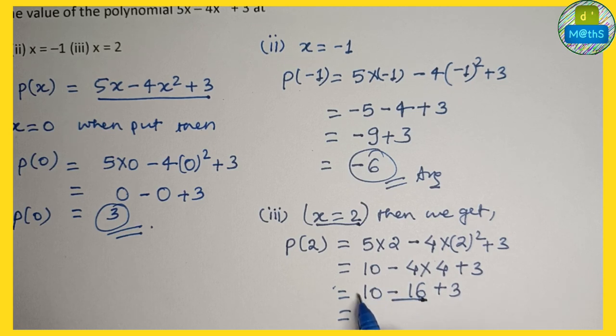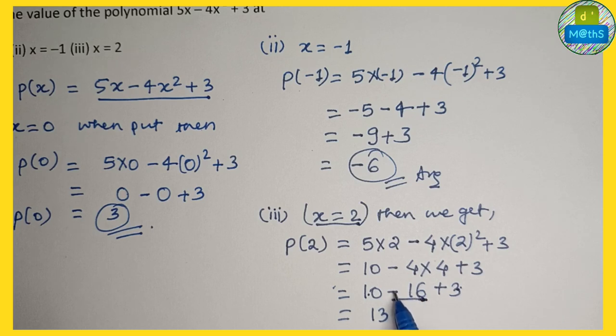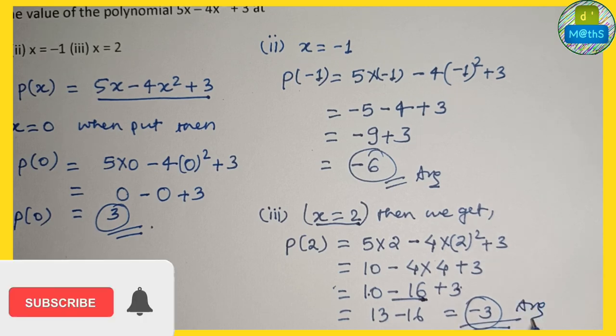Okay, so 10 has a positive sign, and this positive will add up. So 10 plus 3, how much, 13. Then this 16 has a sign of minus, so minus 16. So you are subtracting 16 from 13. So what will be your answer? Your answer will be minus 3, because the bigger term has a negative sign and the smaller term has a positive sign. The subtraction will be 13 minus 16, so minus 3 will be your answer.